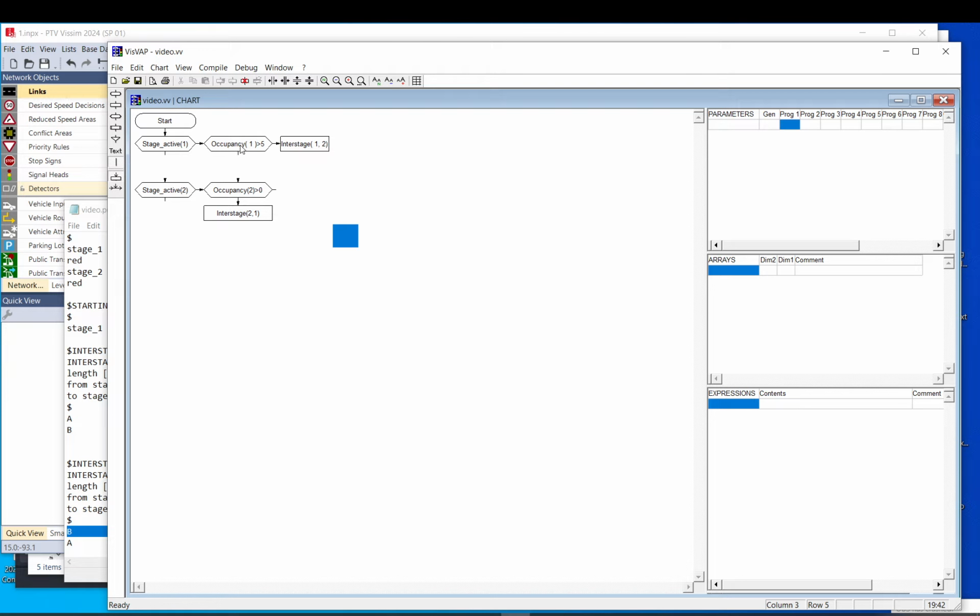Now connect them with lines. What I can do, I can just create a stop here. This is where it stops. And from start to stop, I hold Control and it connects everything. From occupancy,